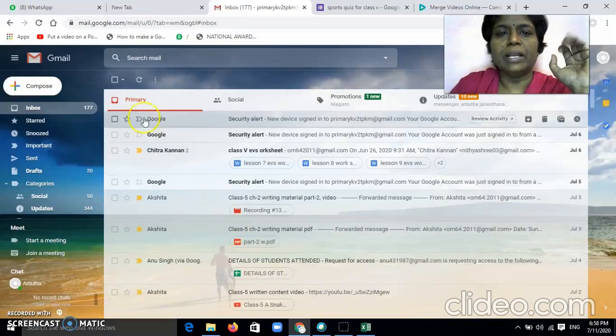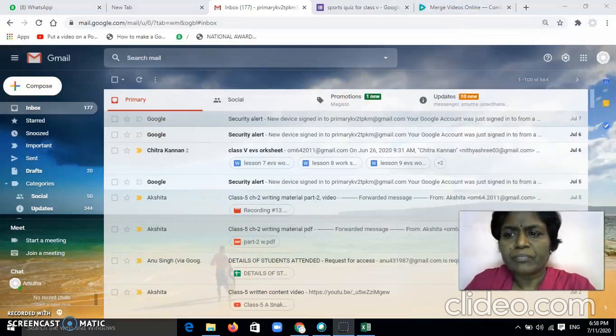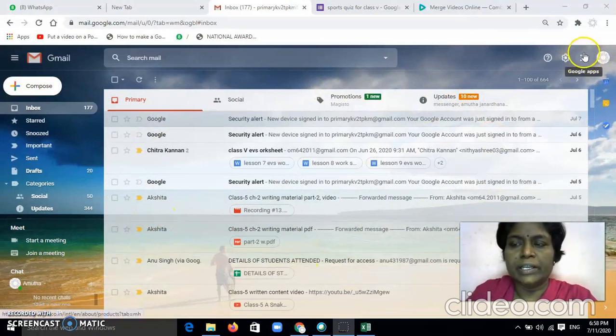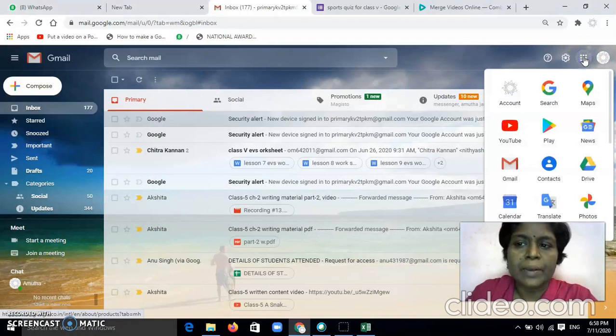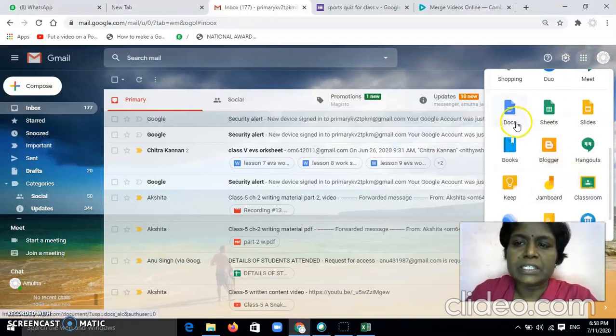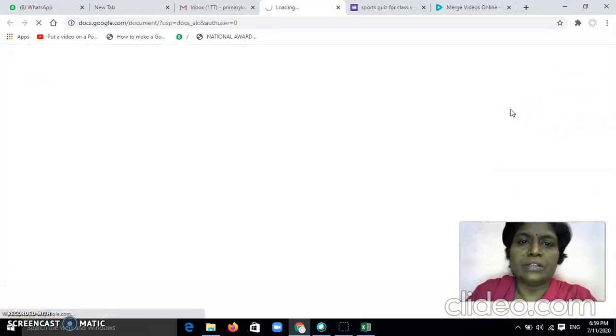This is my Gmail ID. I have opened it. And if you see this Gmail ID, when you open it, you find a 9-dot grid here, which gives you the list of all the available Google apps in Google, right? So click on this Google app and then you will see so many apps here. Just find Google Docs, Google Sheets and Google Slides. If you find any one of these, just click on one of these, right?